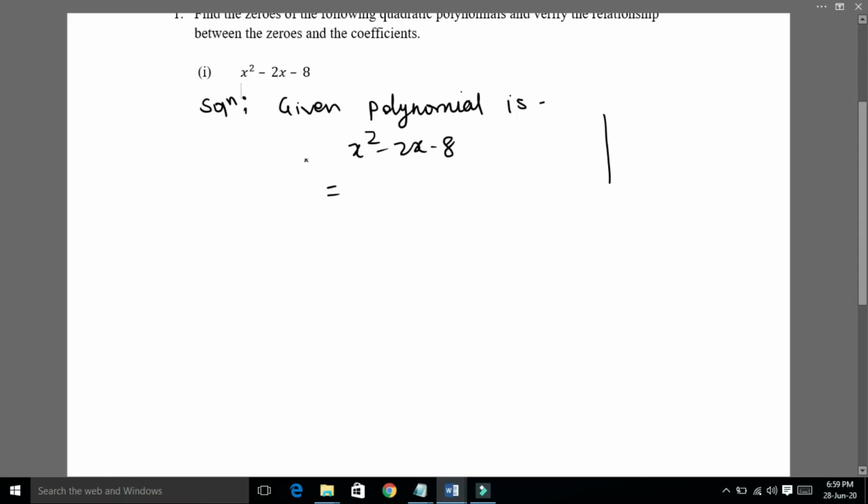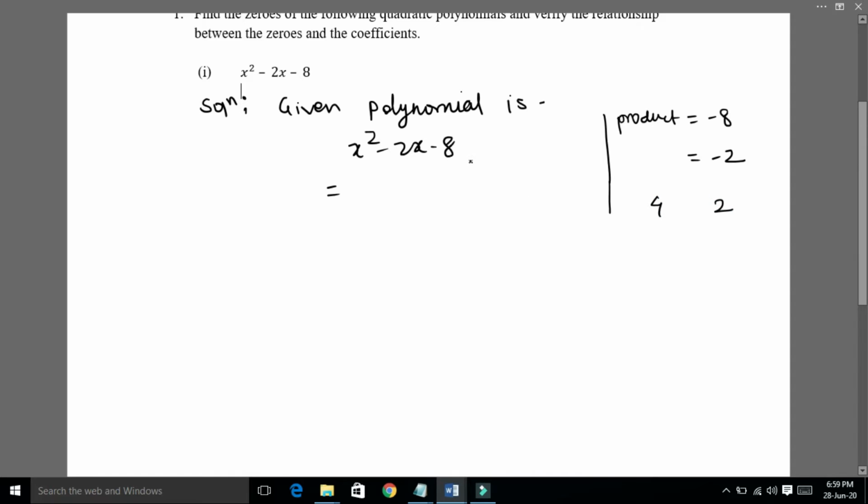So here coefficient of x square is 1. So obviously product term is minus 8. So suppose product term we write down here is equal to minus 8 and the addition subtraction term is minus 2. So we have to find out two such numbers having product minus 8 and addition or subtraction minus 2. So the two numbers are obviously 4 and 2, and now we have to check for their sign.